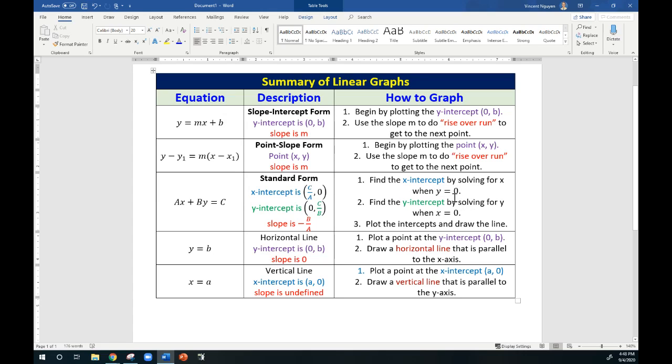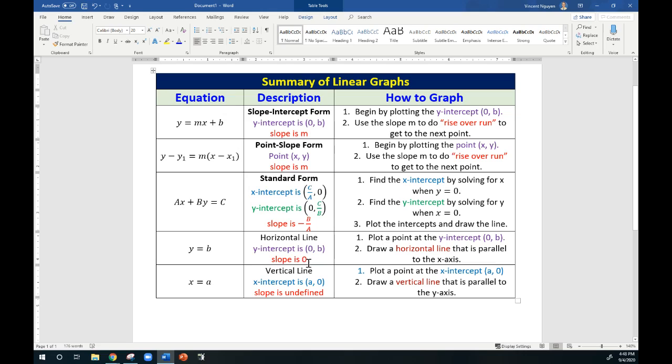So you might have to solve the equation for it, right? Now, if you want to graph by slope, you can find the slope is negative b over a, and then you can use the slope to graph it. But graphing by the intercepts would be the easiest way to do it. So